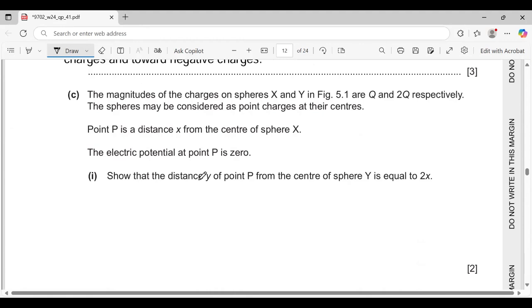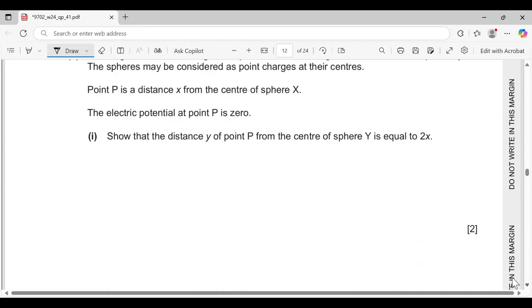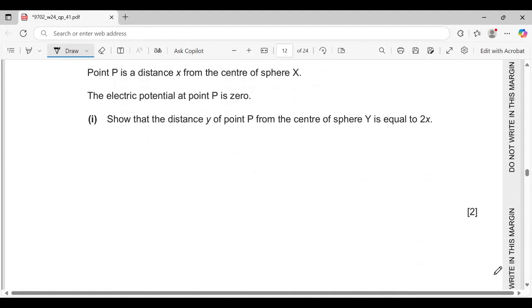Show that the distance y of point P from the center of sphere Y is equal to x. Okay, so spheres are treated as point charges, so we can use the point charge electric potential formula